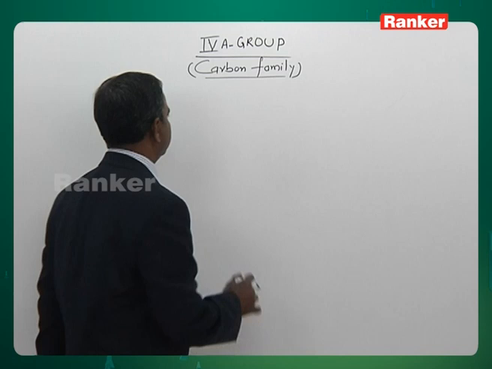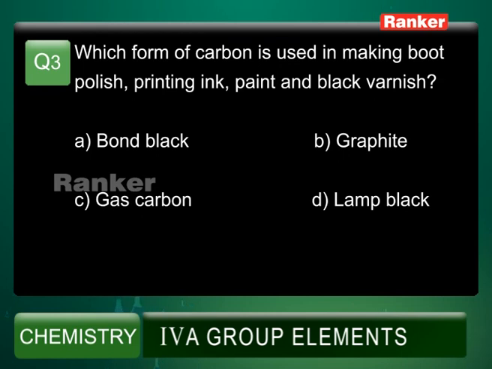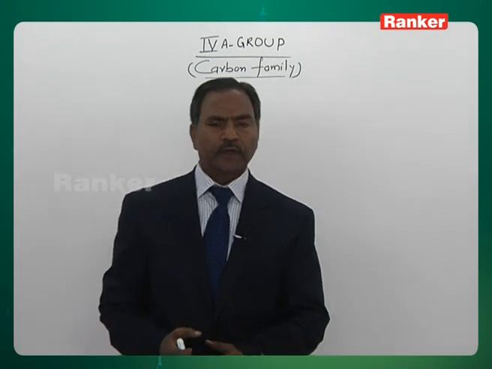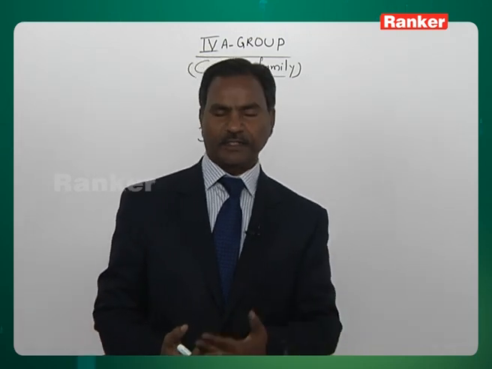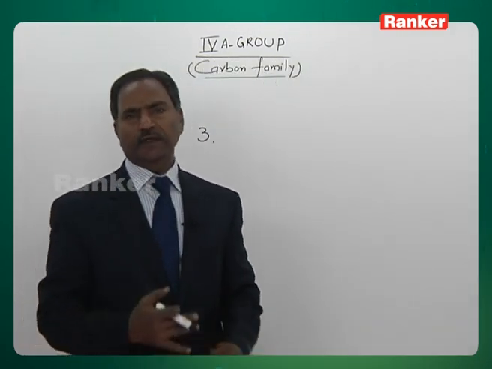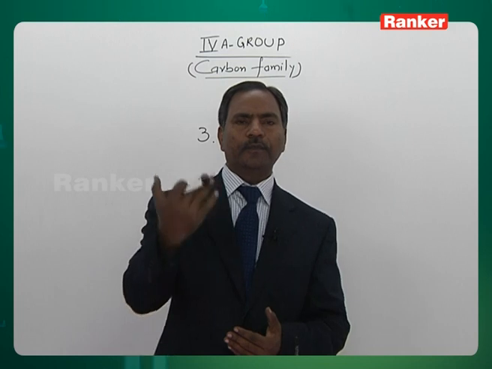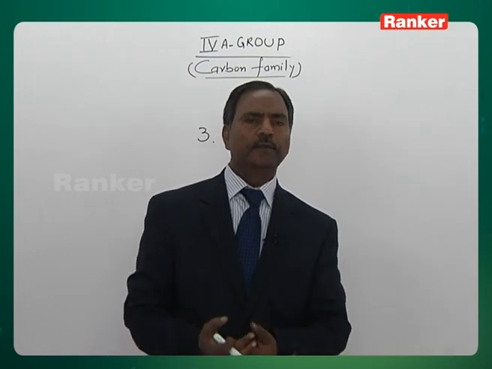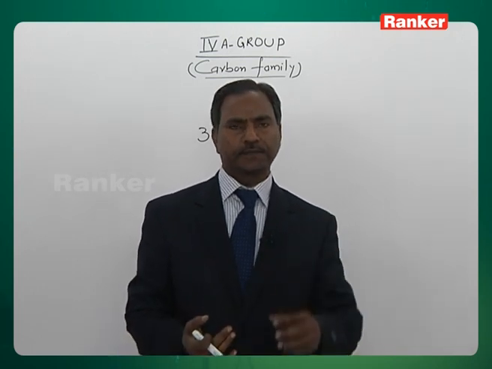Question number 3. Which form of carbon is used in making boot polish, printing ink, paint and black varnish? A is bone black, B is graphite, C is gas carbon, D is lamp black. See, which of these allotropes of carbon is used in the preparation of boot polish and black ink? Bone black, there is no such carbon actually. Coming to graphite: graphite is generally not used to make inks. Generally, graphite is used as a lubricant,